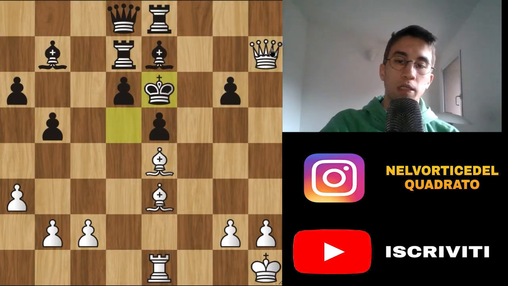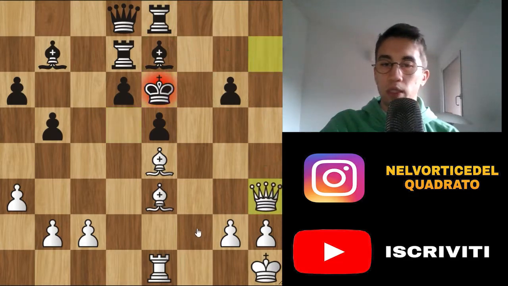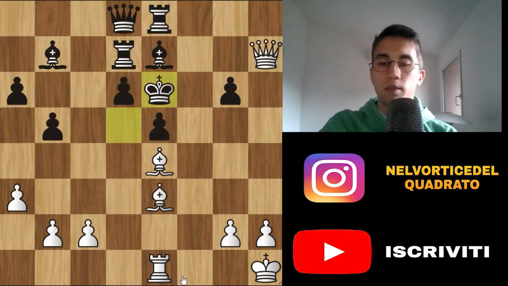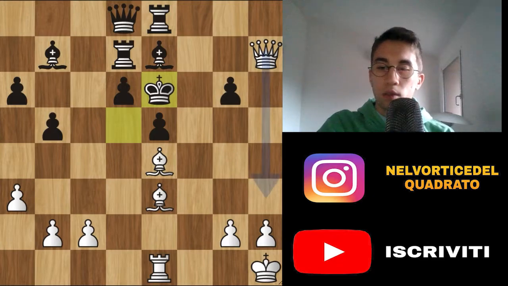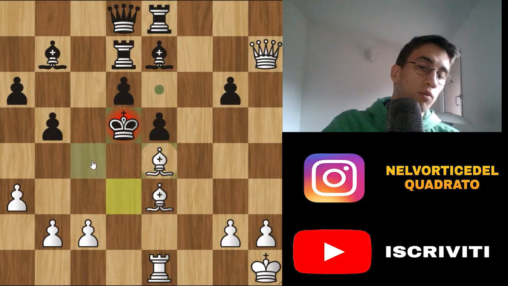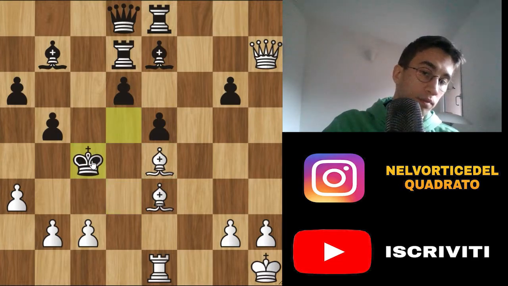Or you can do better. You can do this checkmate with the queen, and after the king moves you can activate the rook. So this is the point. You can activate the rook on f1. So you have to accept. If you move the king here,